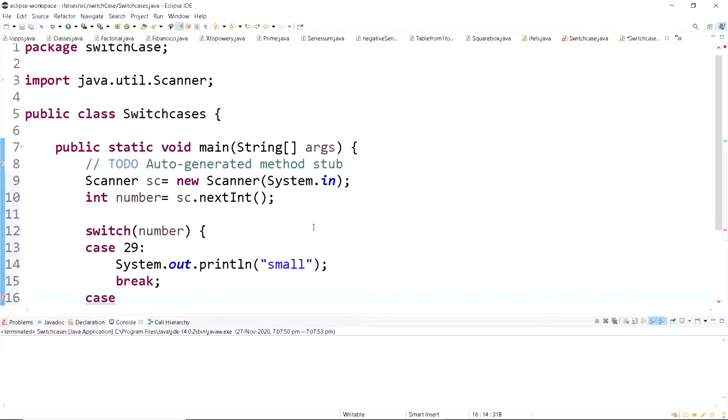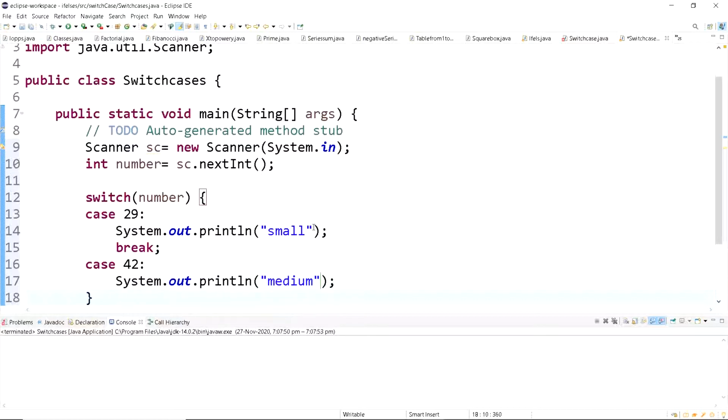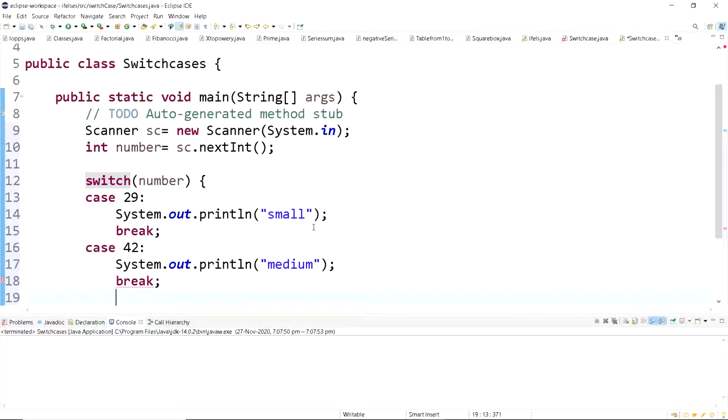Then medium is 42, print out medium, and then break.